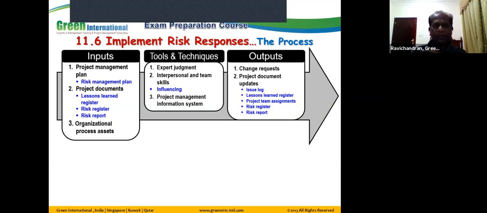So when you are doing this process, you are making sure the risk owner is implementing the risk response plans as we planned, effectively and efficiently, so that the risk impact can be reduced and the expected results can be achieved. While you are doing this exercise, what is the result? Your result is change requests, meaning you are analyzing the risk owner's effectiveness in the implementation and propose